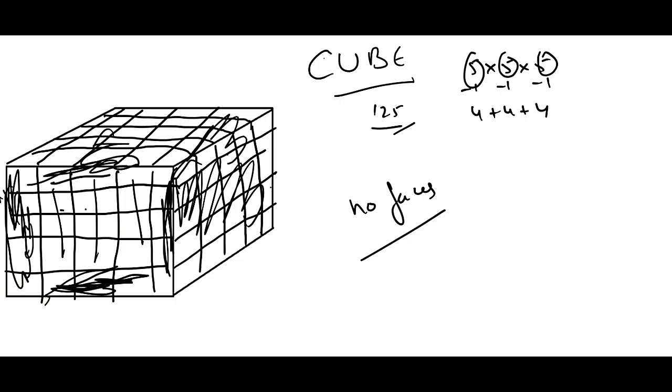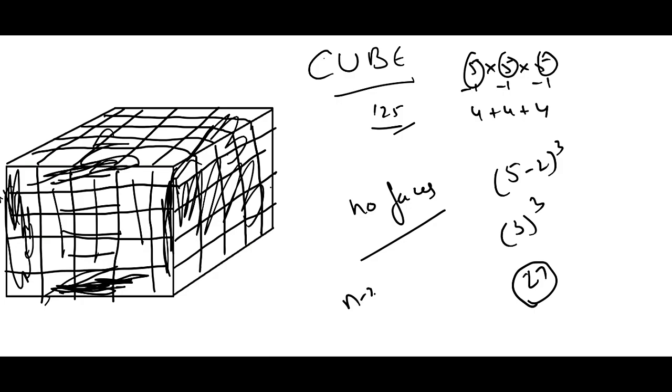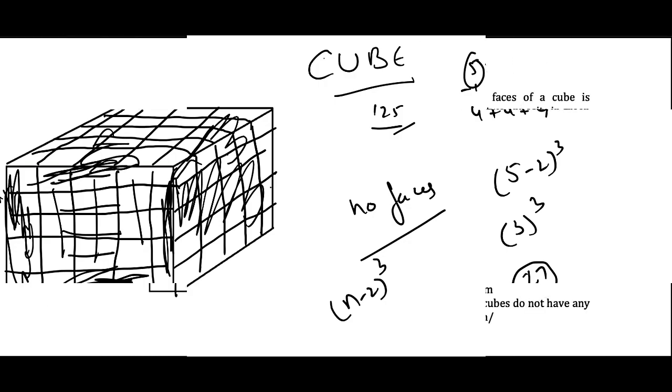That means if we see, we have made 5 pieces again in the third direction, out of which 2 pieces are going. If 2 pieces are going, that means on each side we have 5 minus 2, because when we take the top and the bottom layer or the outer layer, 2 pieces are going with that. That means it's 5 minus 2, and that is 3, and we are doing it on all the 3 sides, that is the whole cube. So 3 cubed will be 27. So no face painted cubes, the other way, will be n minus 2 whole cubed, because we'll be doing it on all the 3 dimensions. That's why it is (n minus 2) cubed.